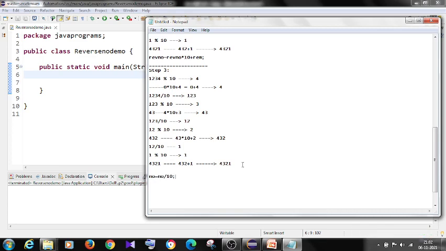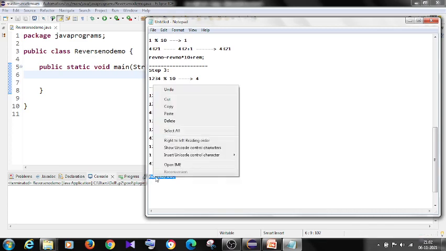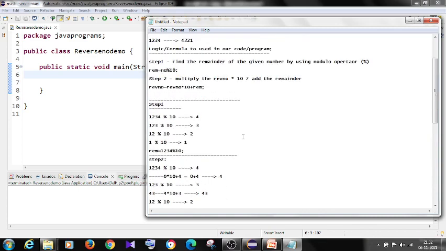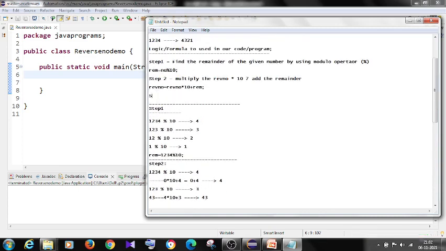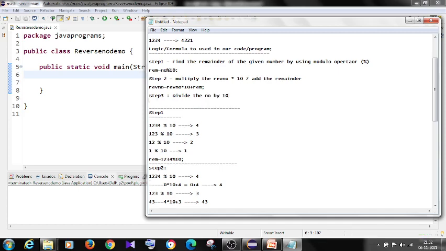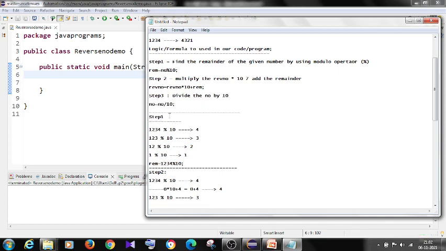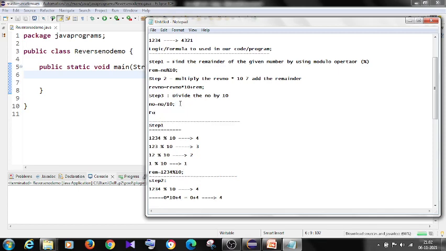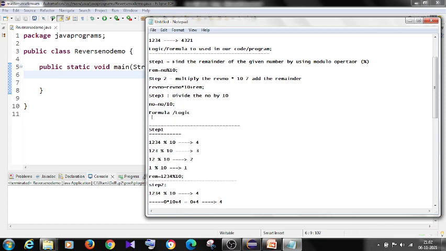Okay, this is my third step. So the third step is divide the number by 10. Okay, the code will be like this. So this is the code we need to use. So what will the formula or logic we need to implement be?